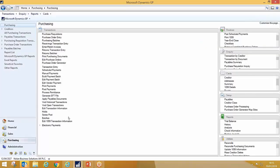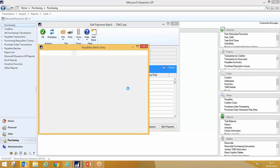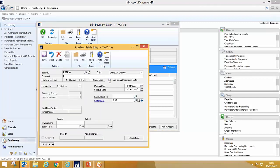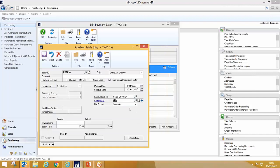Okay, so inside Dynamics now, I can go into Edit Prepayment Batch, and I'm going to create myself a batch called Prepay, add it, and there's a checkbox here to say Purchasing Prepayment Batch. So it's Purchasing Prepayment Batch. I'm going to pay it using electronic funds transfer out of my HSBC current account. So I've set up my prepayment batch,